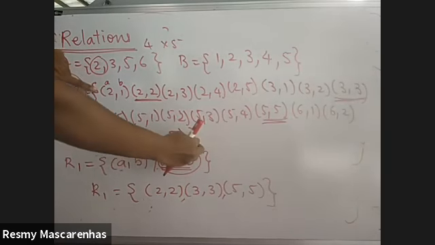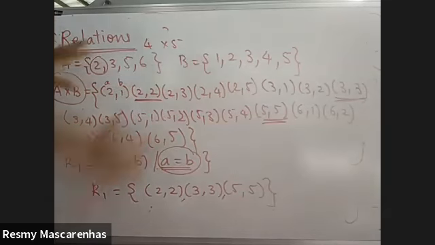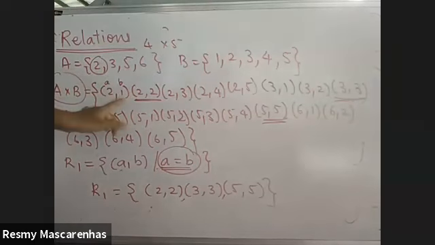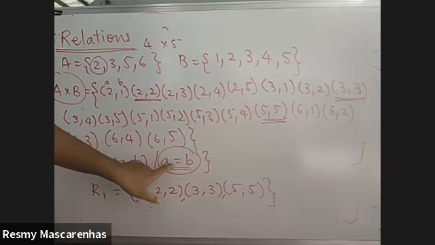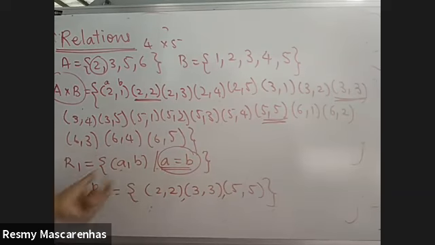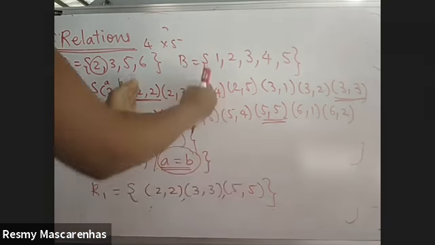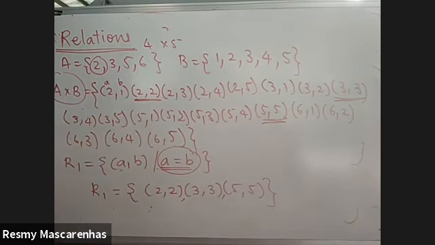This is a bigger set because there is no condition given. So you directly compare with every possibility and that is called Cartesian product. But when you put some condition or some relation between these two, then it is called a relation, and it is nothing but a smaller part of this. Okay, it's a subset of Cartesian product. So the definition of relation is that it is a subset of Cartesian product. This could be anything, any condition you can put.